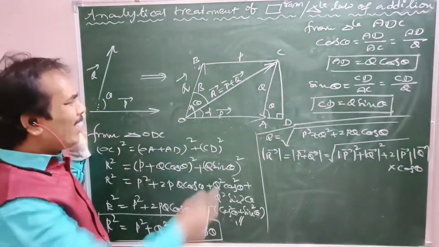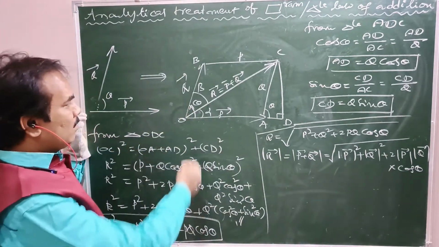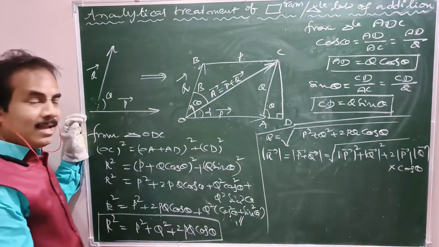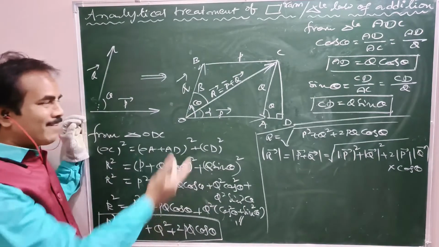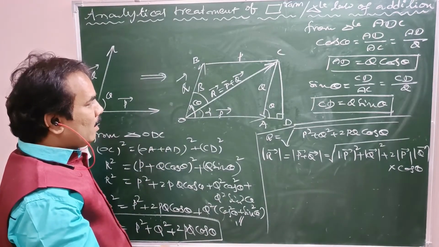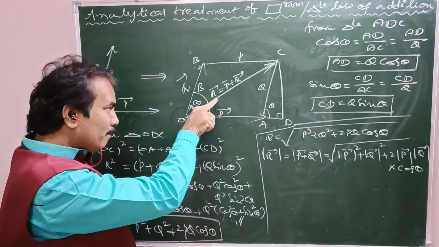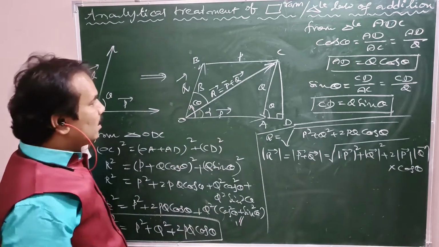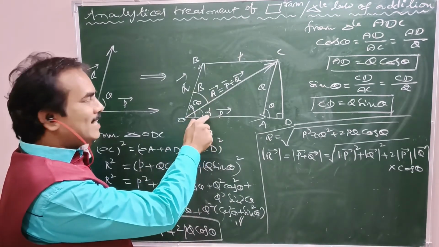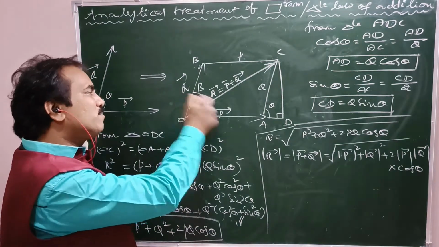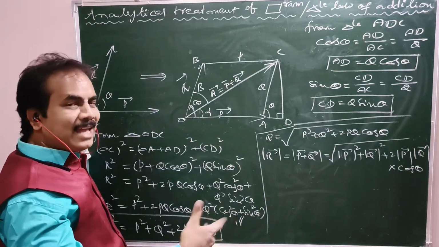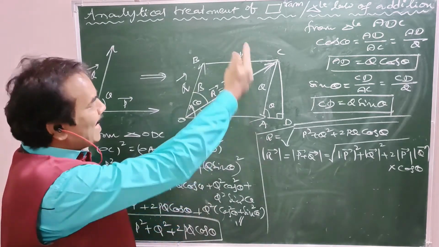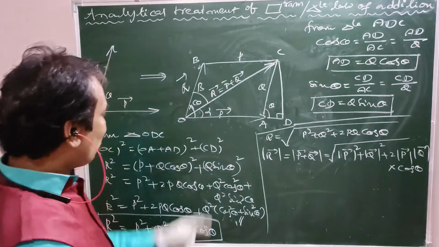Okay. Now what is the direction of resultant vector? How to say direction of resultant means simply we have to specify the angle made by that resultant vector either with P bar or Q bar. What is the angle made by R bar with P bar? That is alpha. With Q bar, that is beta. So you have to specify either tan alpha or tan beta. It is sufficient in expressing the direction of resultant vector. Am I right? So how to get alpha here?